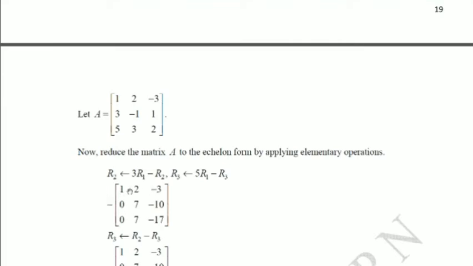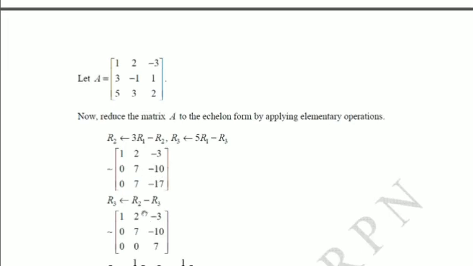Now afterwards you should not consider row 1. Now let's move on to row 2. In row 2, this is our leading non-zero entry, and we have to make this one 1. How? We can straight away divide row 2 by 7, so that this gives you 1. But here you will get a fraction, minus 10 by 7. So that's why we'll divide row 2 by 7 later, and here we'll make this one 1. But below this one, we should have only 0. So let's make this one 0.